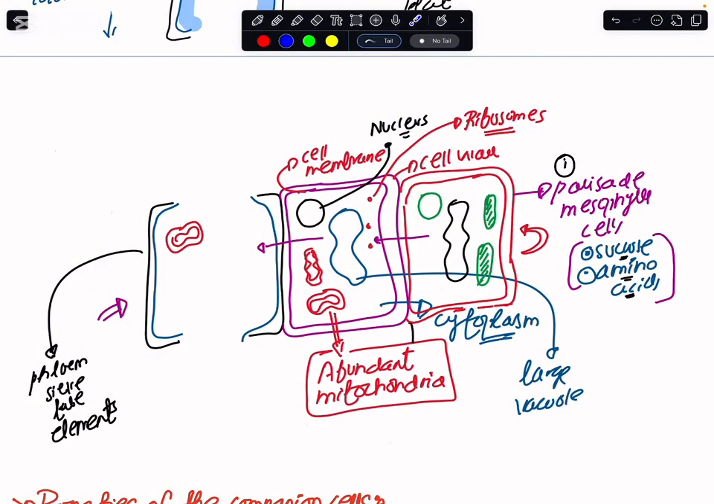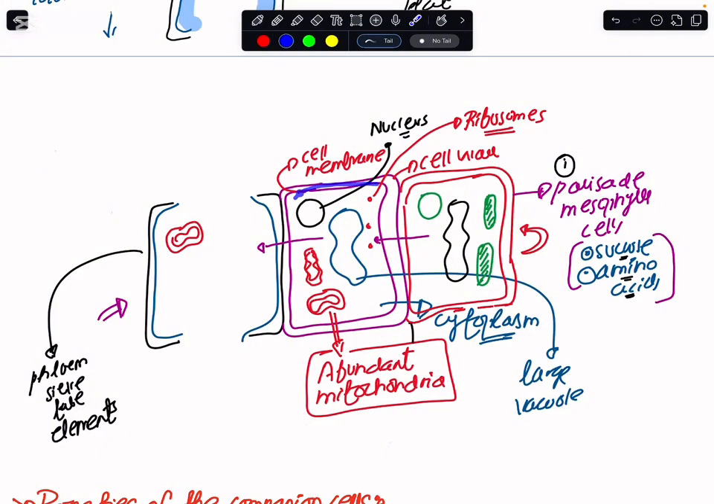So from where would the sucrose and the amino acids come? This means that along with the sieve tube element and the companion cells, we have to connect them to the photosynthesizing cell. Here we have a photosynthesizing cell, and this could be a palisade mesophyll cell or a spongy mesophyll cell. So overall, the idea is that the photosynthesizing cells would make the glucose, the sucrose and the amino